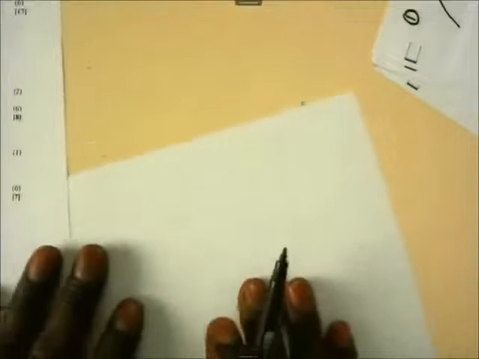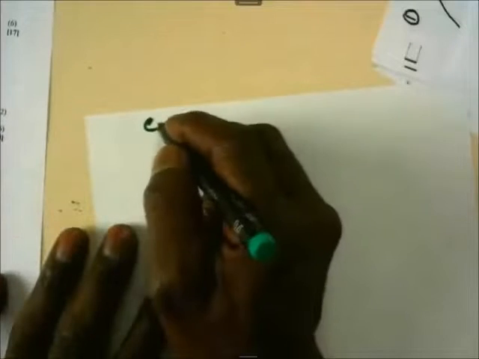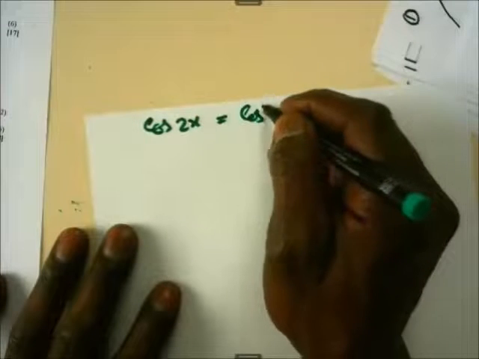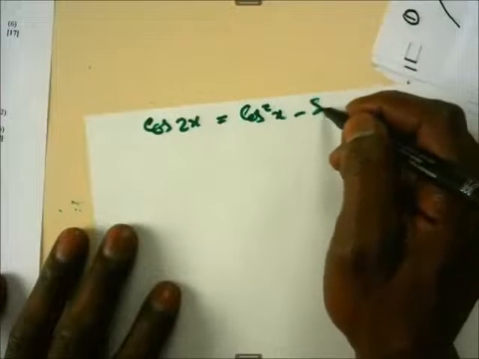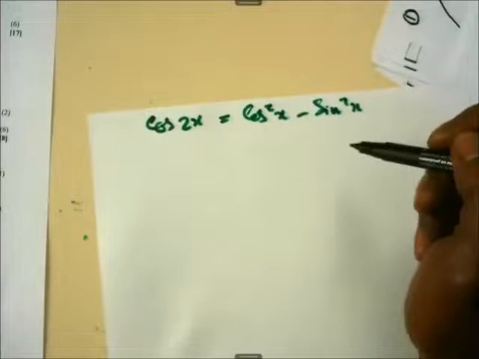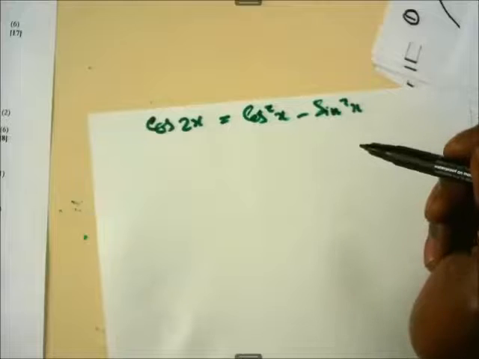Remember, cos 2x is the same as cos squared x minus sine squared x. But now, is this going to help us? We said we want to establish a single trigonometric